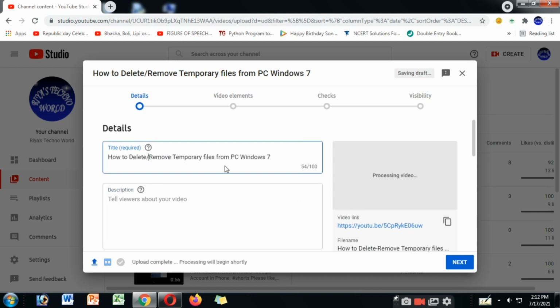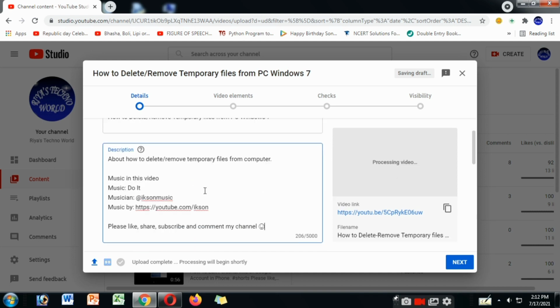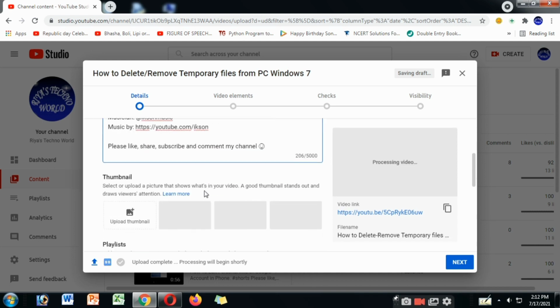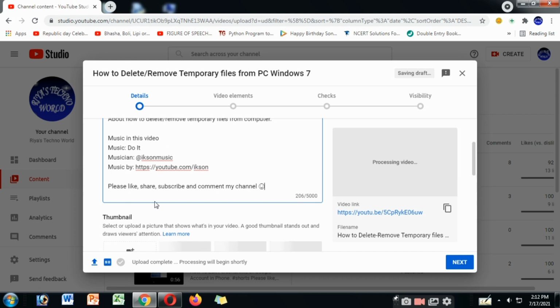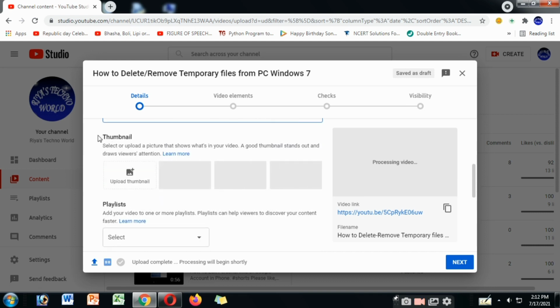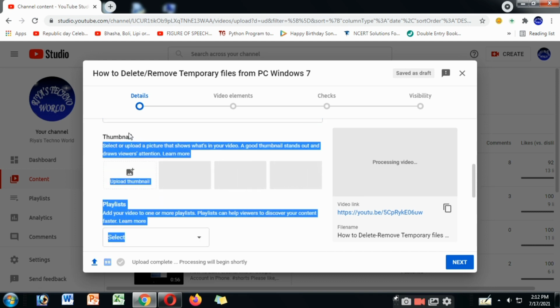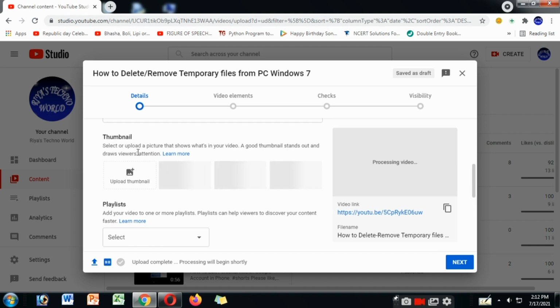Now, you have to add the video details, so let's add the title and description. Then we have to add the thumbnail. Viewers can see the thumbnail when they are browsing YouTube.